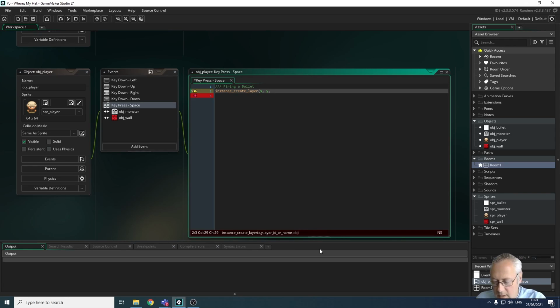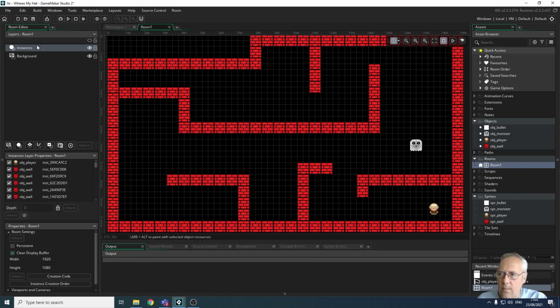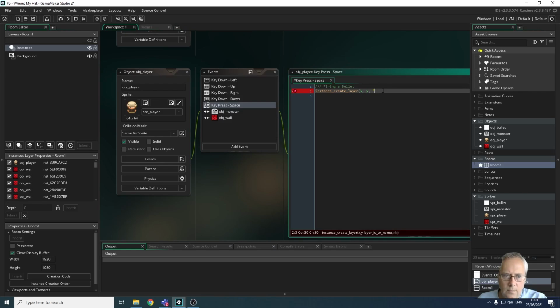It is important that you put that in speech marks. Remember I said that the layer name was instances. If I open up the room just to show you again, the layer name is instances. This is the layer name. So that's what I'm going to type into my line of code here: "instances",